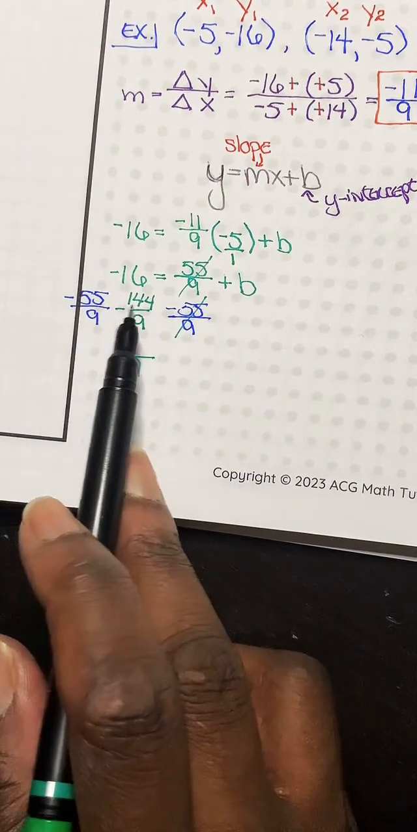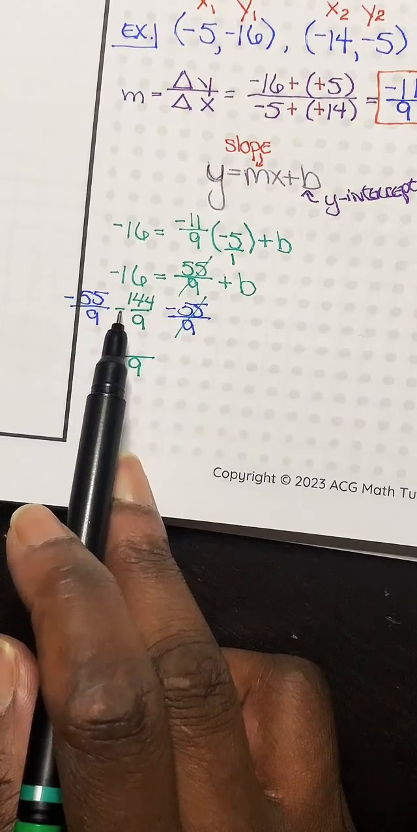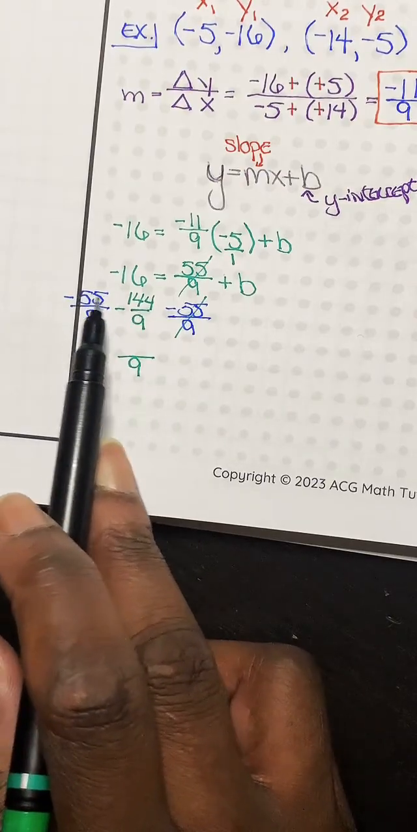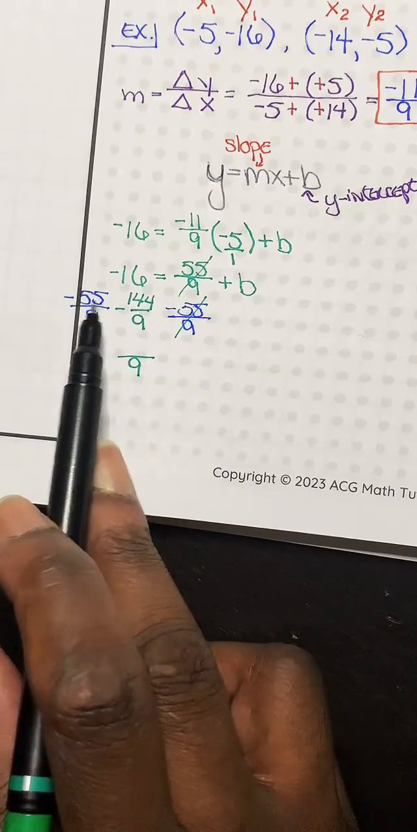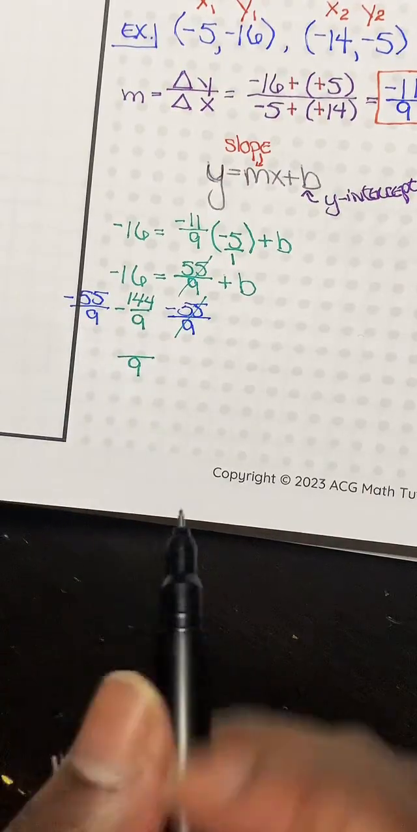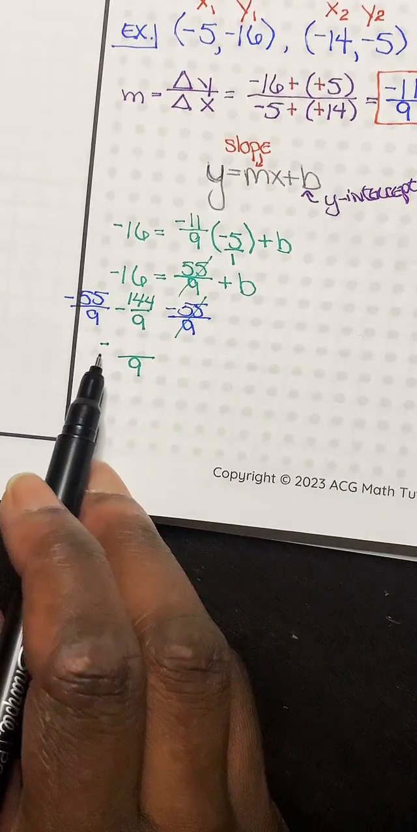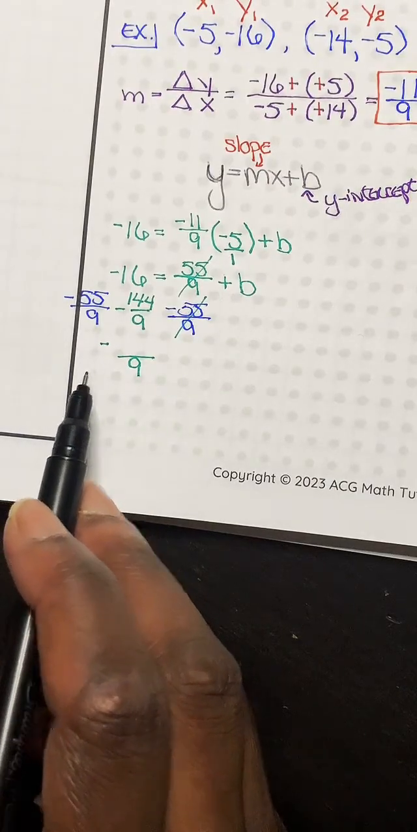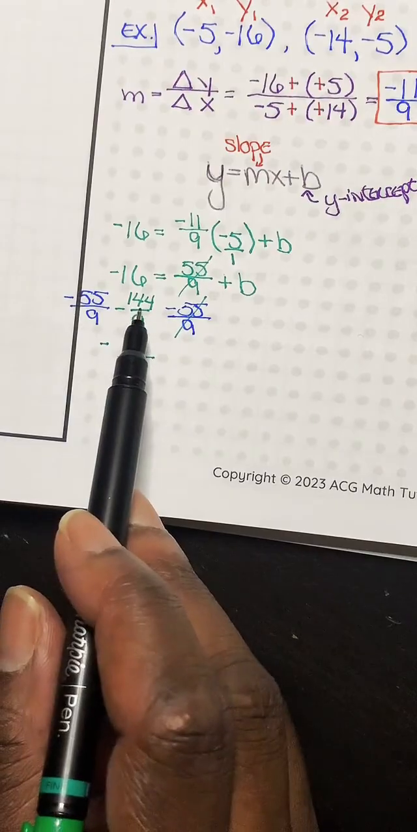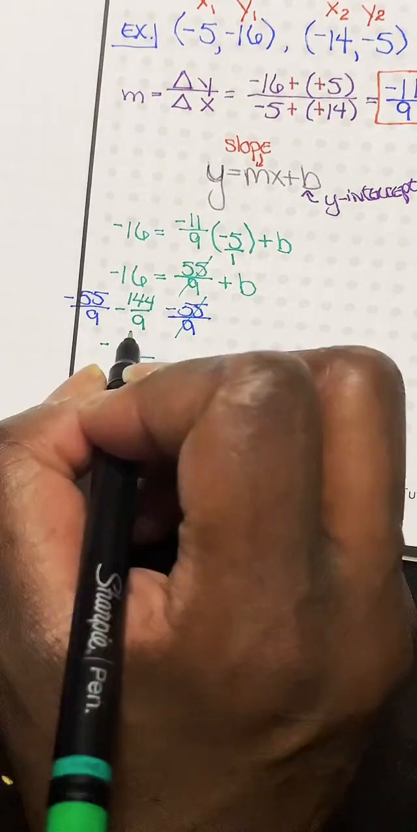So since we are subtracting, but they're both the same signs. When they're the same signs, you're basically adding and keeping the sign. You're keeping the negative. So 55 and 144, that gives me